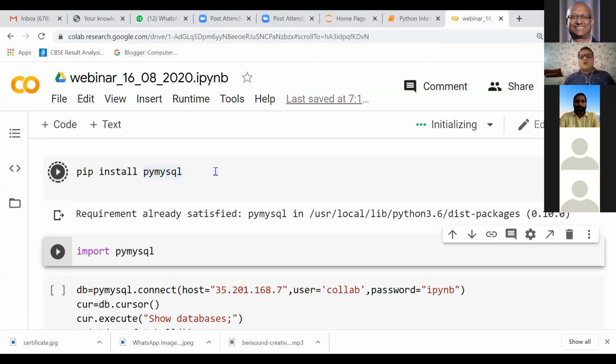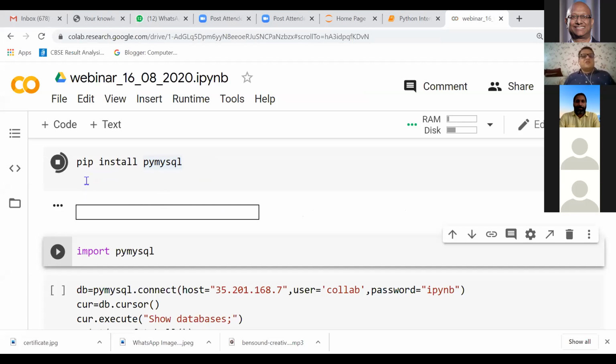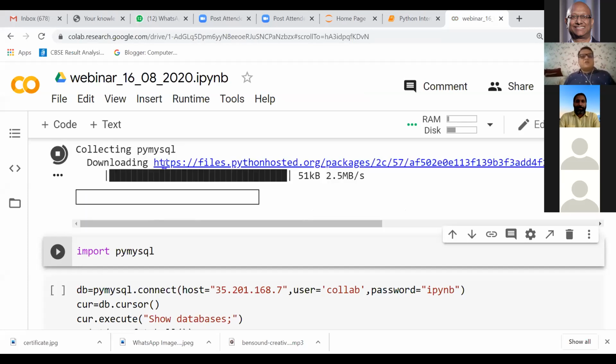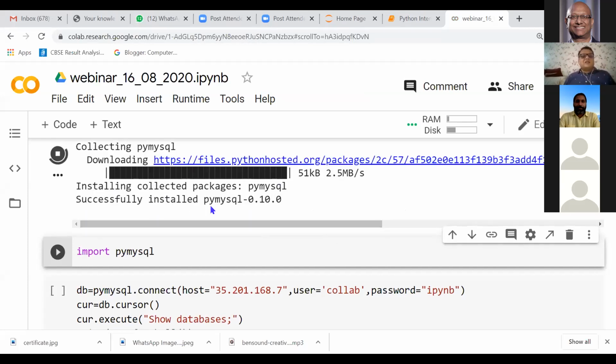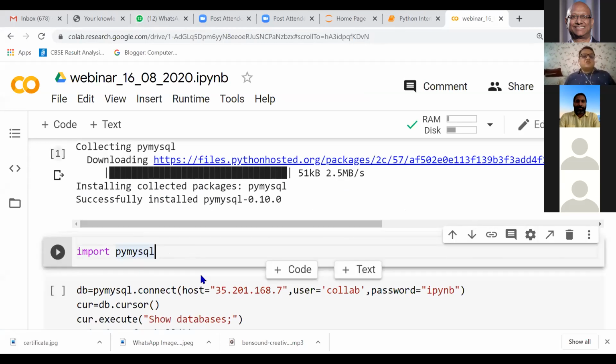It will install PyMySQL into my current environment. You will see pip install is working and it is installed. Now we have written import PyMySQL, and the import statement works with no error.